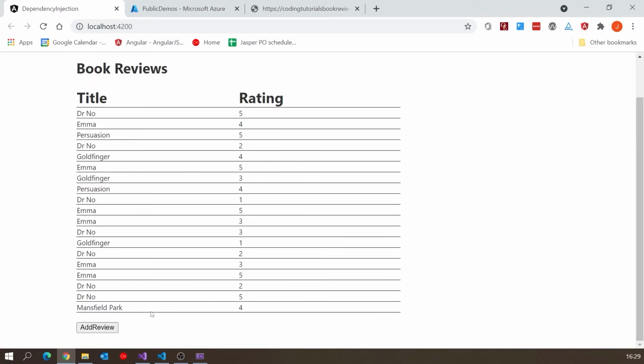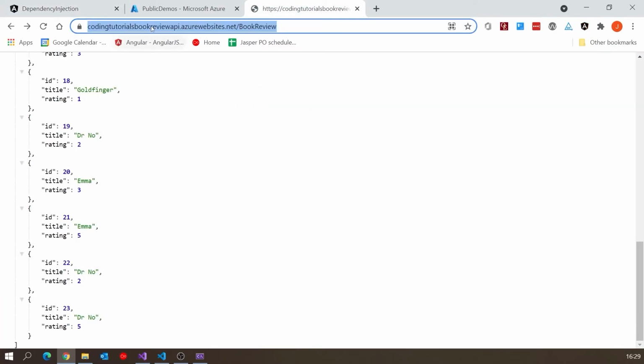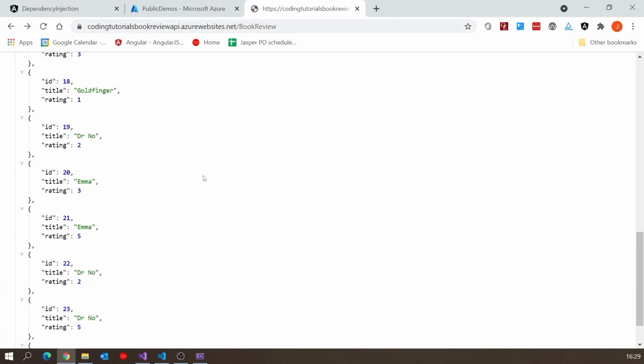And we can see it takes a moment, but there we've got Mansfield Park down the bottom there. But more importantly, if we go back to this one, which we know is looking at Azure, no Mansfield Park at the bottom at the moment, but if I just do an F5 on that, there you can see we've got the new one in there. So it's not super powerful, but it is running publicly. Anyone can get at that.